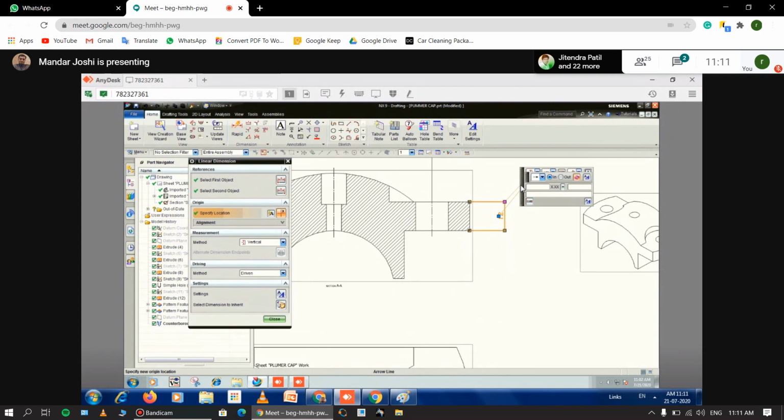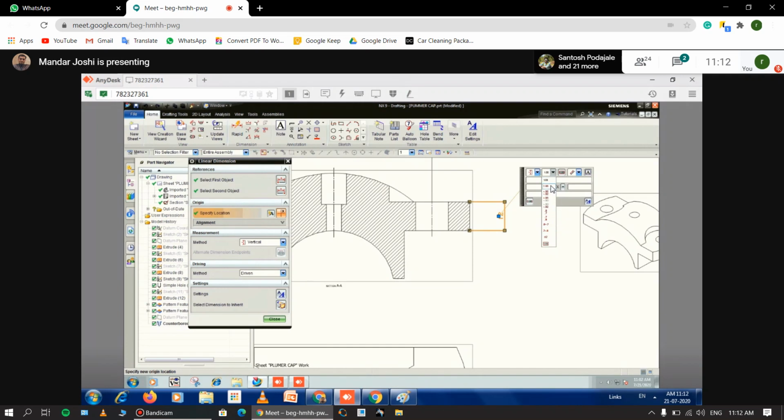Here, you have to take the drop down list. The first option indicates the nominal size. There is no tolerance. Then there is a plus minus tolerance. We call it equal bilateral tolerance. Another tolerance is there, bilateral tolerance. Okay. Another is unilateral plus side, unilateral minus side. Then other tolerance systems are also there.